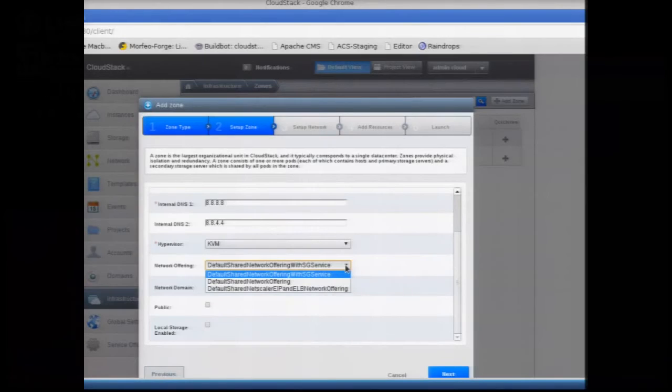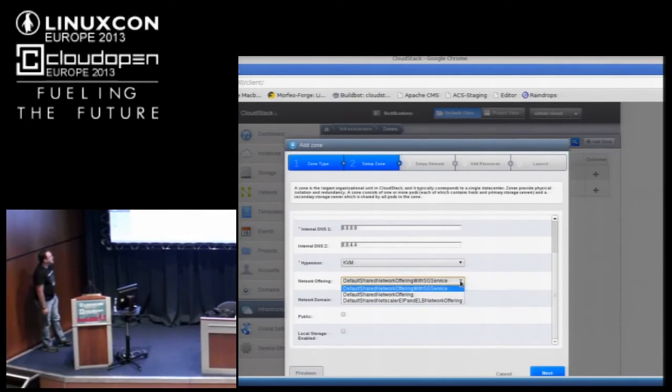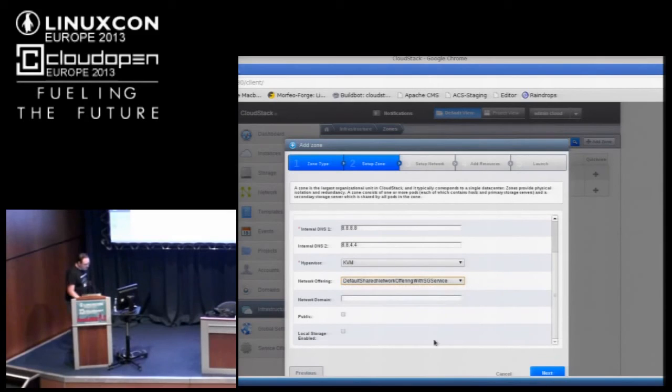Then we get to network offering. This is the option under basic, and there are some others under advanced. The default shared network offering with security group service is essentially layer 3 isolation. You can say default shared network offering without security groups, and that will give you a flat layer 2 network that everyone shares and everyone can see the traffic on. I think that's generally a bad idea, but you can do it. And you can also use NetScaler hardware as well. So we're going to use security groups,